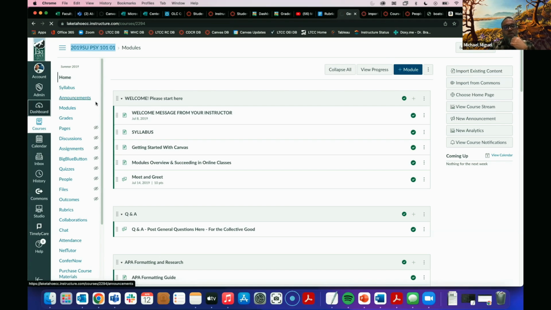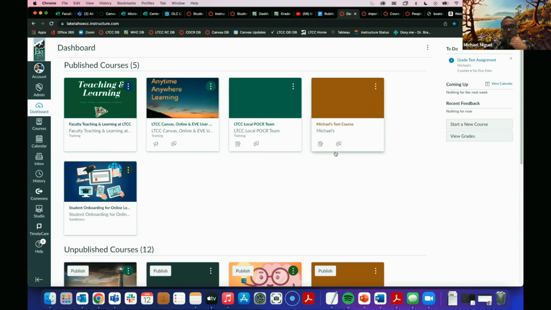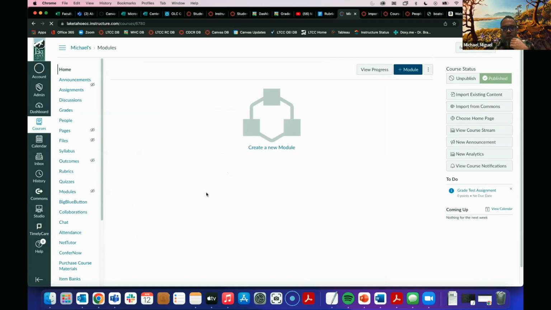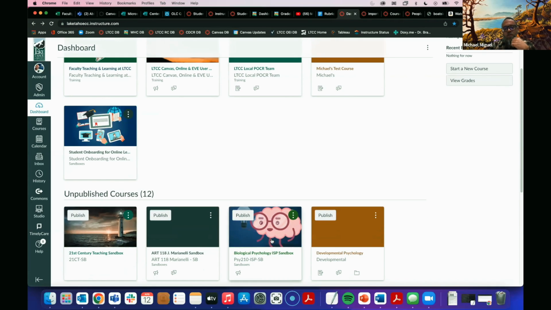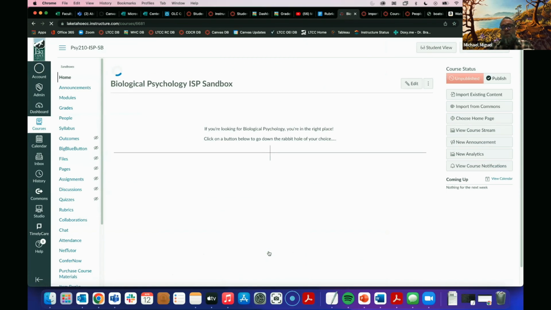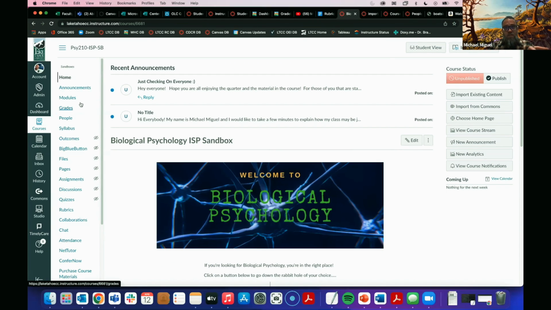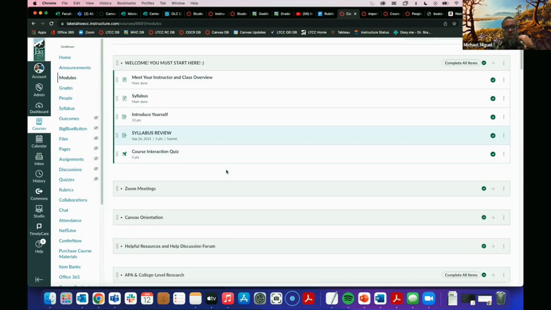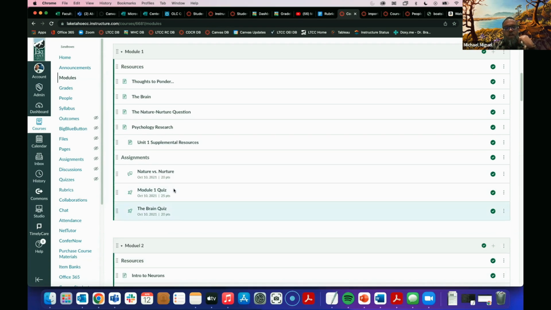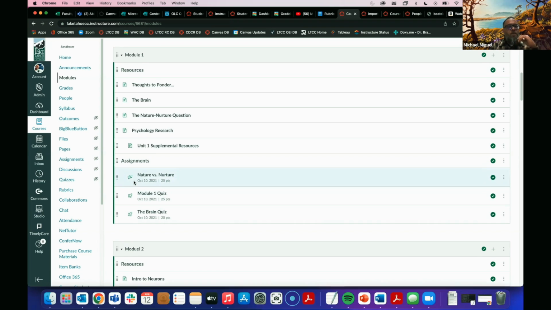Before Canvas brought this feature, what you had to do if you didn't use the adjust events and due dates option when you imported the content was go to every single solitary assignment, scrolling down, and adjust the due dates painstakingly, each assignment, each quiz, each discussion, everything like that.